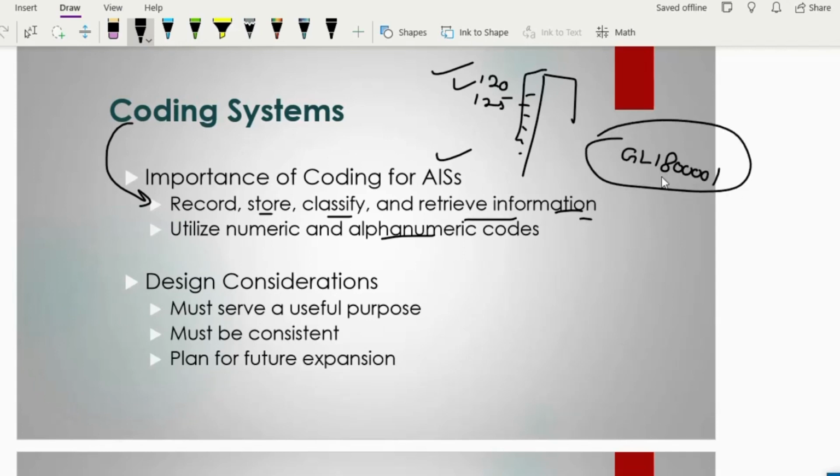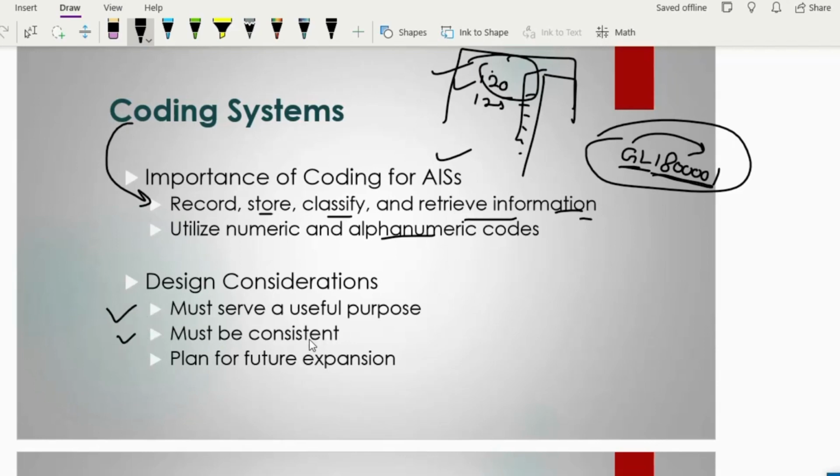This could be a code, and this one is numeric and this is alphabet. So this is an alphanumeric code. Some codes are only numeric. So designing the chart of accounts in an appropriate way is very important if we want to implement the system properly. When we are designing these codes, the codes should serve a useful purpose and they should be